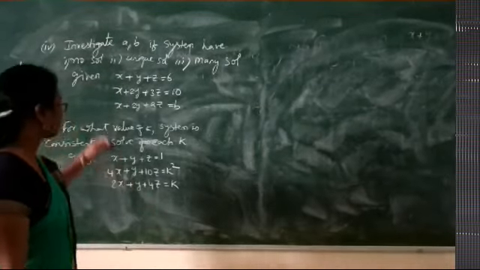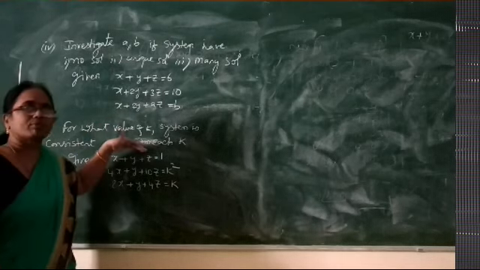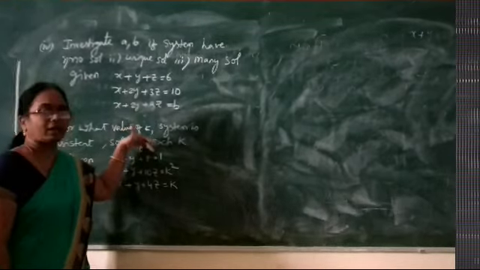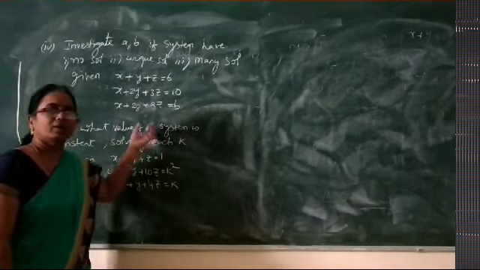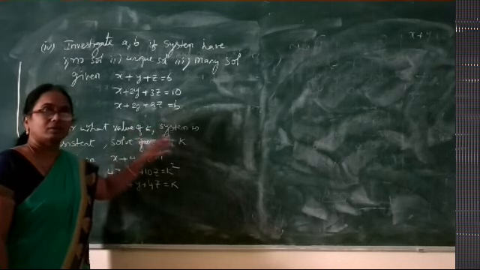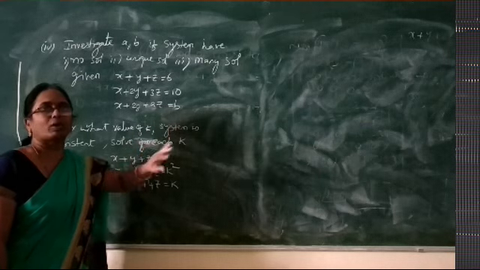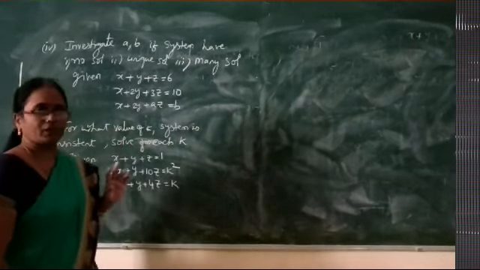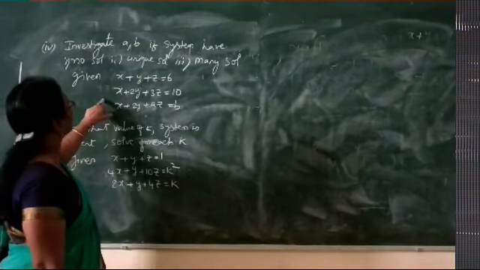Now look at the problems here I have shown you. We are going to solve these two problems also by using the same rank method. These are of different kind. In the previous problems we have seen directly to get the solutions by checking the rank of A whether equal to or not equal to the rank of AB. Now these are the different kind of problems from the same method. Let us solve this fourth question.